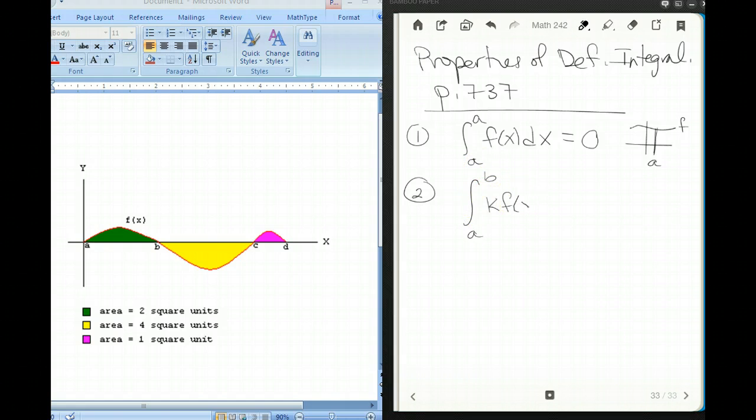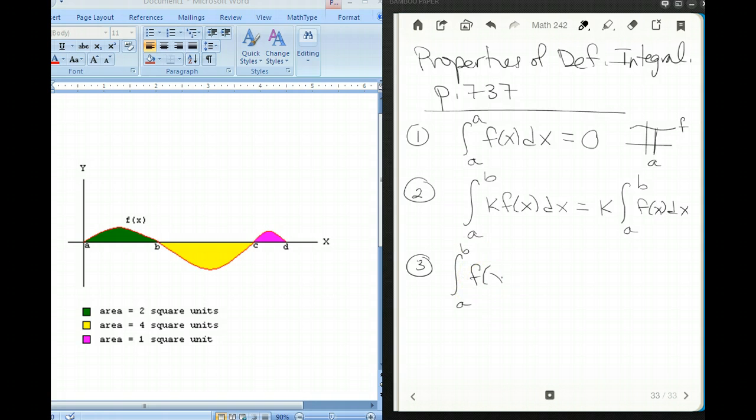If we have a constant living in front of the integrand here, well, then it says that the constant can just come out front. That's not too surprising because we've done that before with our indefinite integrals. Constants can just come right out front. That's good. Something else that is similar to our indefinite integrals, our antiderivative notation we did before, is that sums